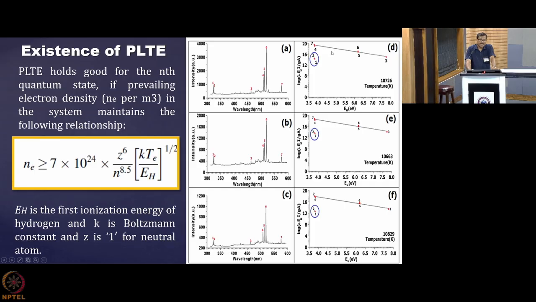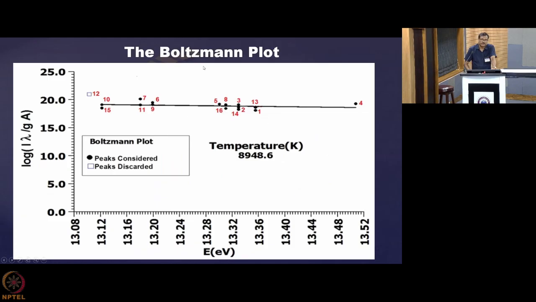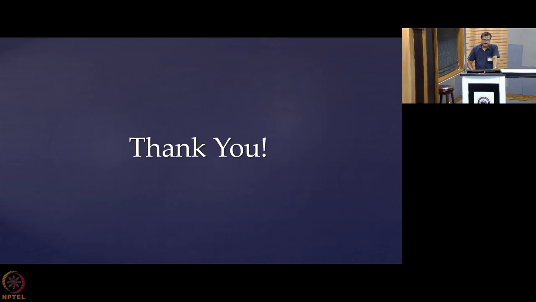And the existence of PLTE can be vividly seen over here. You see that these two, 1 and 2, are basically the lines that you are getting here. They are not in equilibrium as per the Boltzmann distribution. The rest of them are in equilibrium, so they fall on the line, but these two levels are not populated as per the Boltzmann distribution. So the situation from where we have collected the data stays in partial local thermodynamic equilibrium. So this is the kind of plot, and from the slope you just get the temperature, and here I stop.